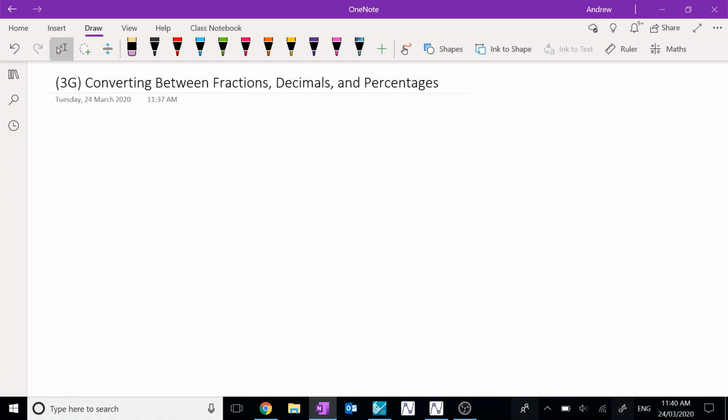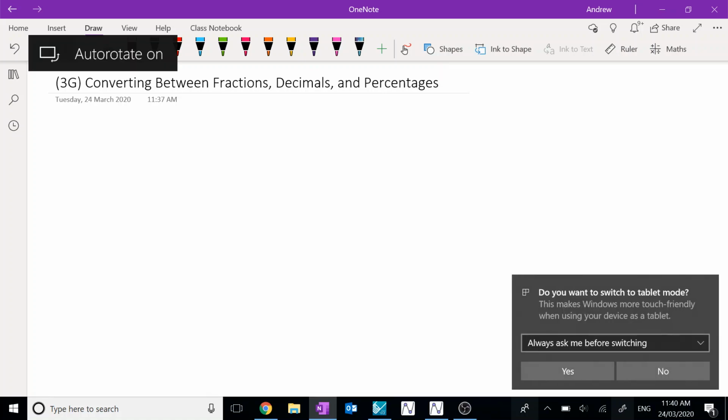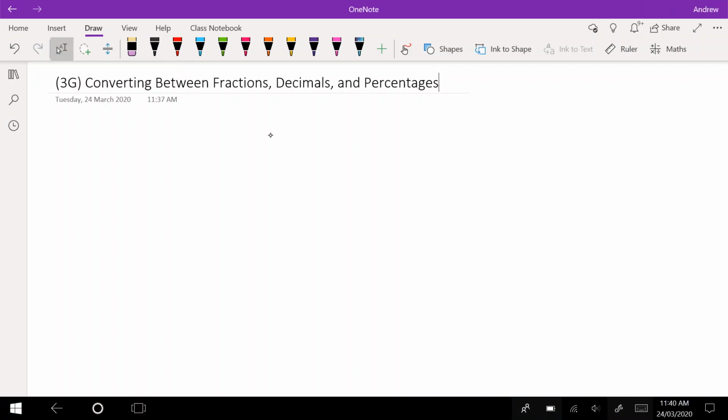So converting between fractions, decimals, and percentages. We should be aware by now that these are all basically the same thing, just written differently. We can write a fraction as a percentage, we can write a decimal as a fraction, we can write a decimal as a percentage. So today we're just going to be talking about the ways that we can convert easily between all three. So we know that 50%